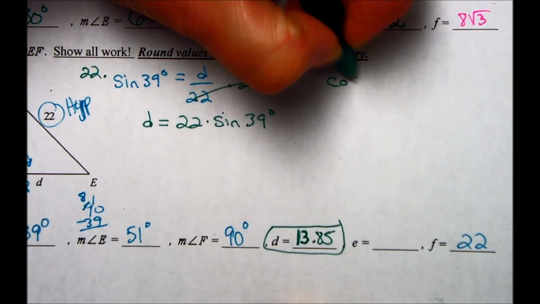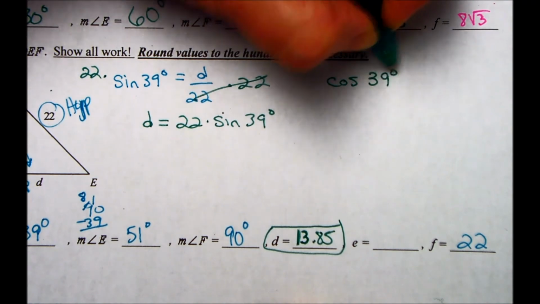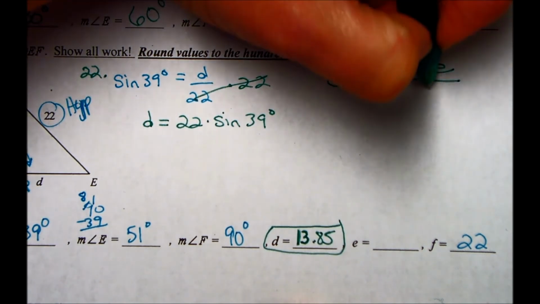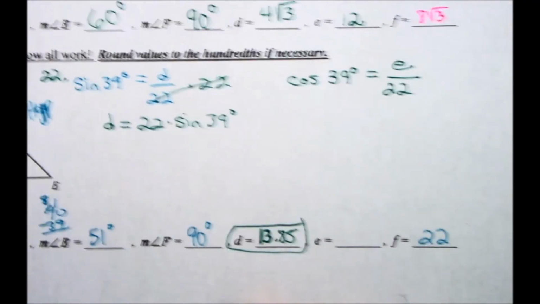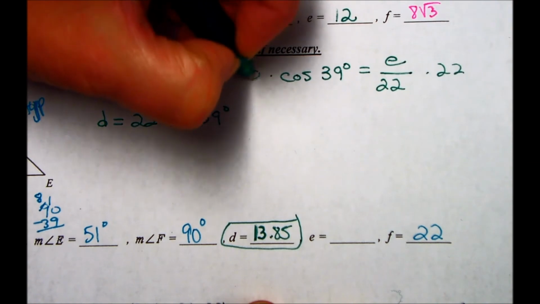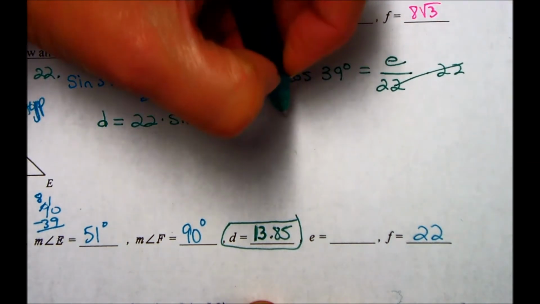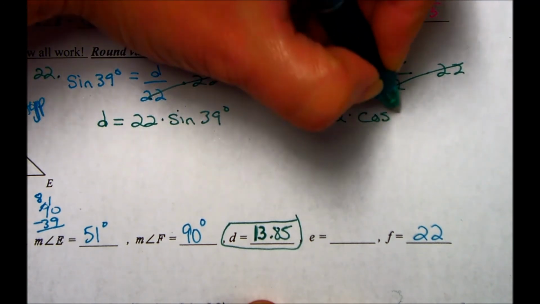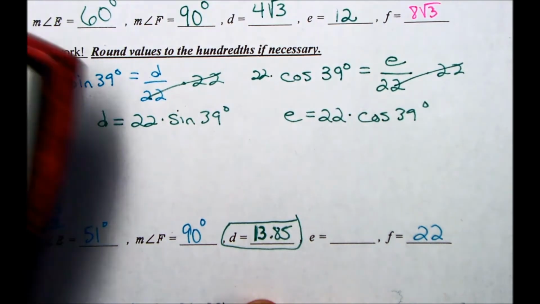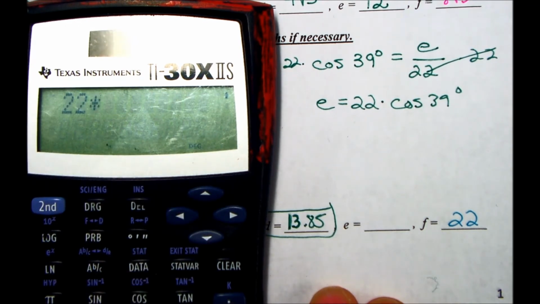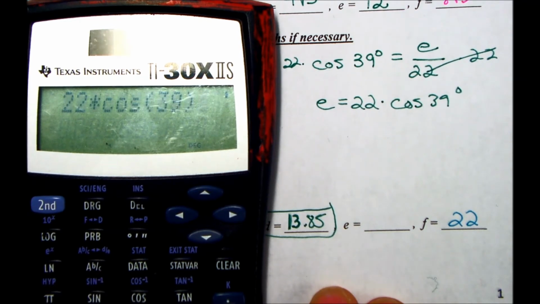There's more space. Cosine of 39 degrees is going to equal the adjacent side, which is the letter E, over hypotenuse, which is 22. Again, you would just have to multiply by 22 on both sides to get the E by itself. So E is going to equal 22 times cosine 39 degrees. So if I look at my calculator, I'll just rewrite it: 22 times cosine 39 degrees equals